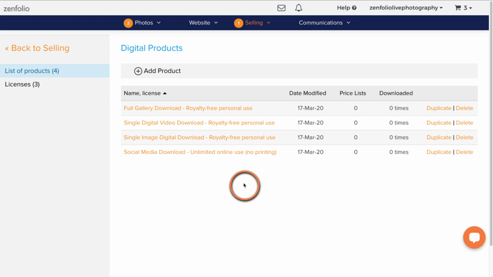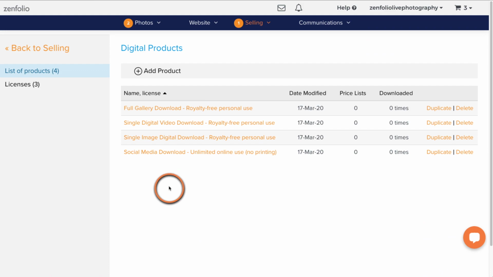and priced accordingly. And you can actually apply these to multiple packages and apply these to multiple price lists and have them priced differently in each one. And that will make a little bit more sense once we get to the price list section. The only time you really need to come back here and create new digital products is if you need to change some of the settings that were applied in there or the license that was applied.